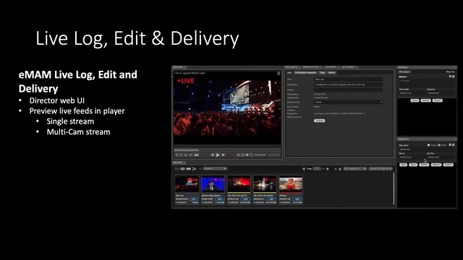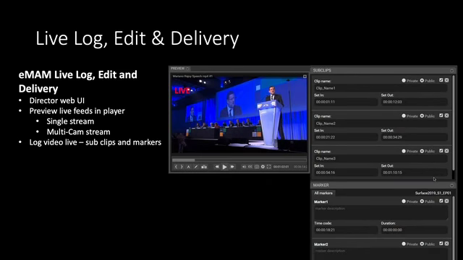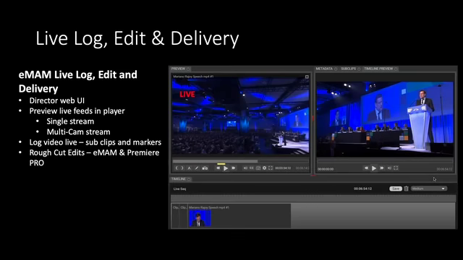So again, live streams come in on the R10. You start logging and editing those. You can notice on the subclip in the lower right, you'll see delivery. So again, I can actually go in and create a segment and then subclip that and quickly hit a delivery button with a workflow that delivers to social media or broadcast or VOD sites as well. And then the logging basically looks like this with markers and so on that I can go in and set up my different times.